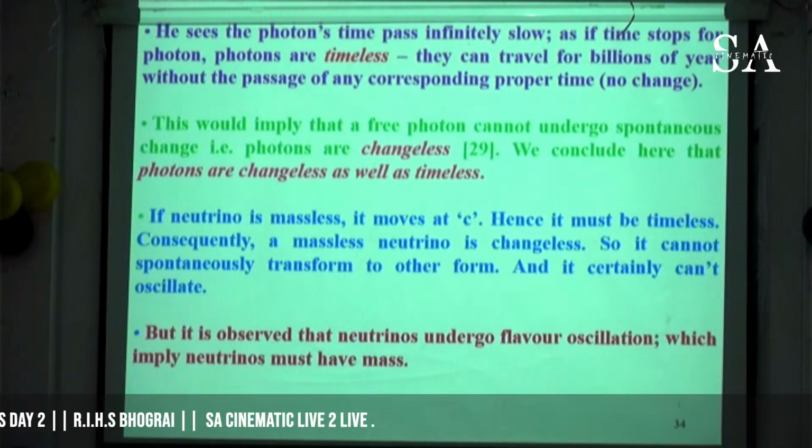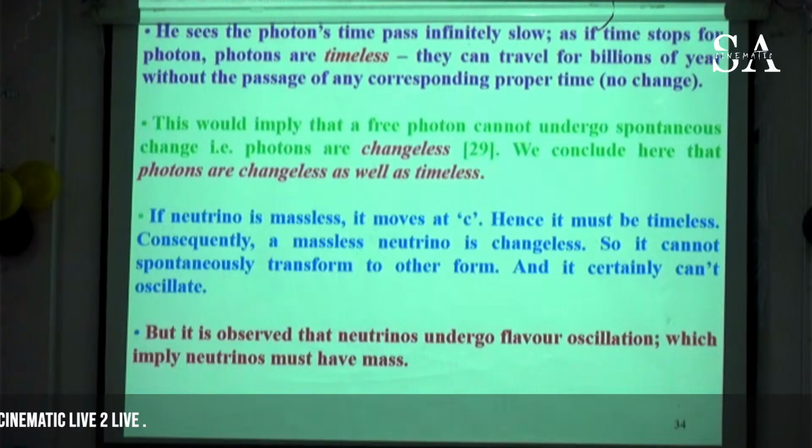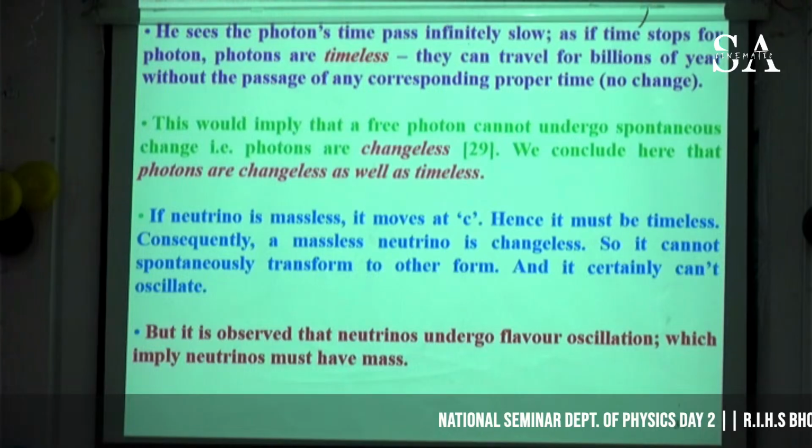Everybody clear about this? Then comes the neutrino. If the neutrino were massless, then what will happen? It will be timeless and it will be changeless. Changeless means it cannot change from one flavor to another. Since experimentally it is already